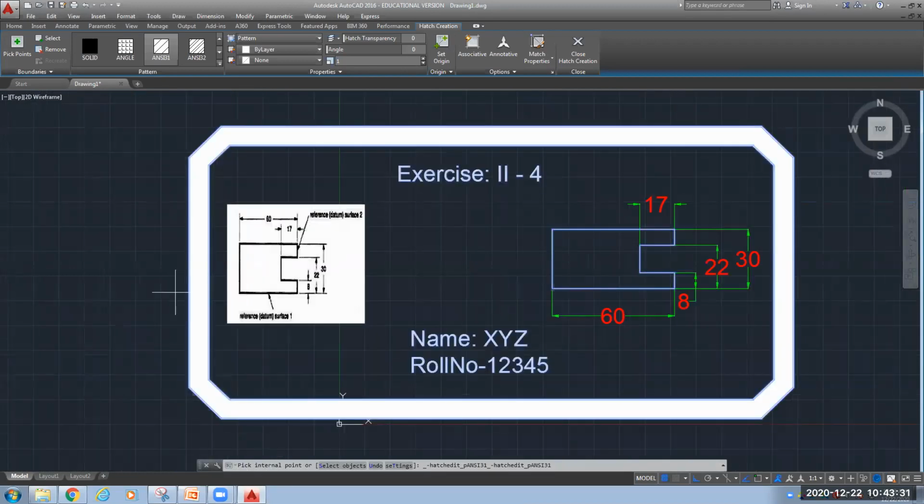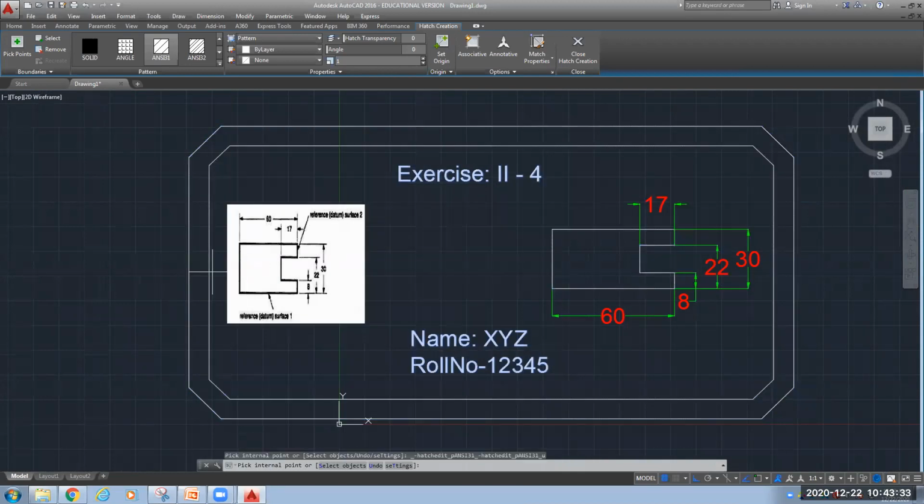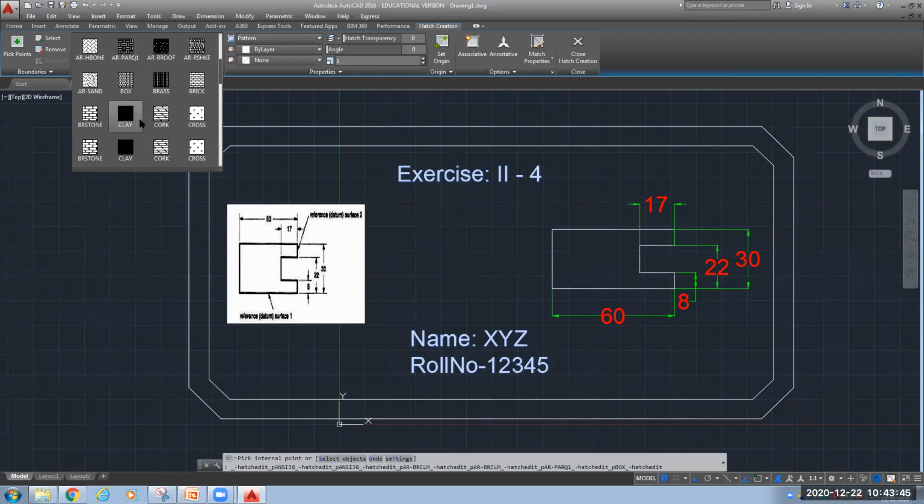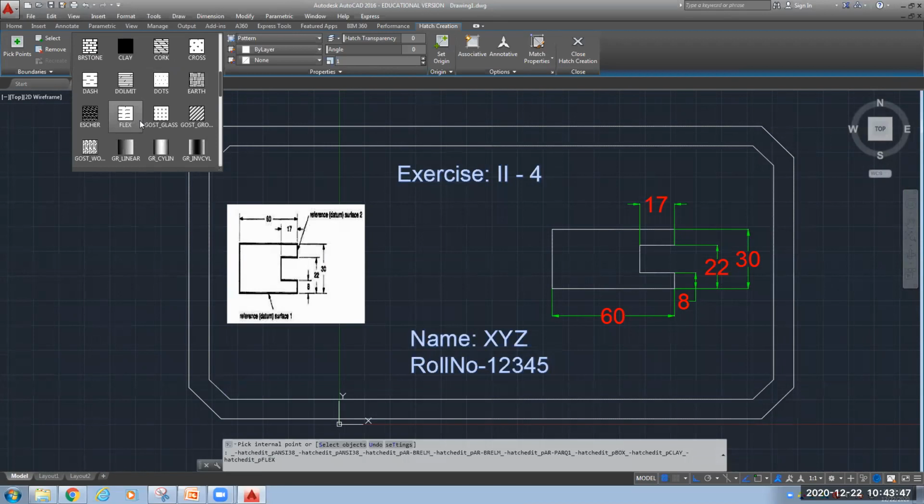Suppose you want to give some other pattern. Let me use that same command once again, but with a different pattern. Any pattern you can select of your choice as per the requirement of the drawing. You can give different gradients also.